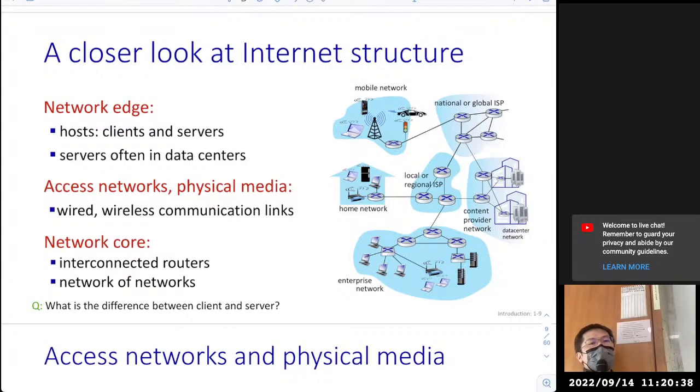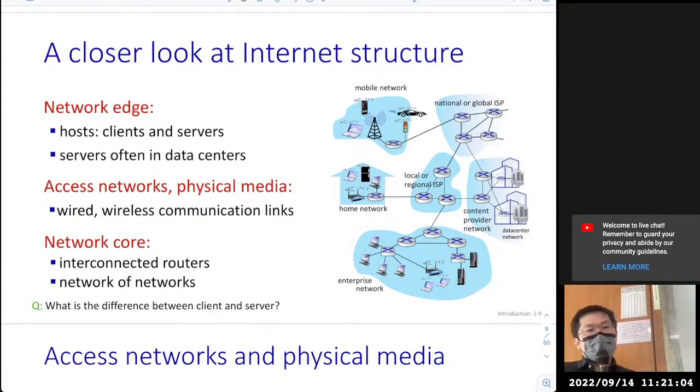Network edge are hosts or servers, which is near to you. Okay, your laptop, your mobile phone, your server, your PC, the devices around you, they are all under the category of network edge。就是你手上可以触及的这些东西，我们就会把它放在 network edge 的这个 category 之下。